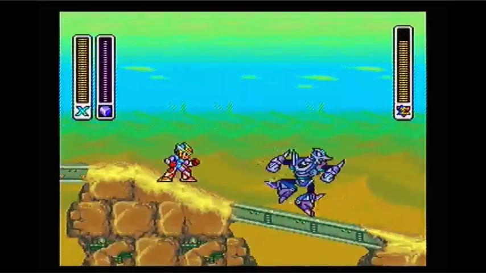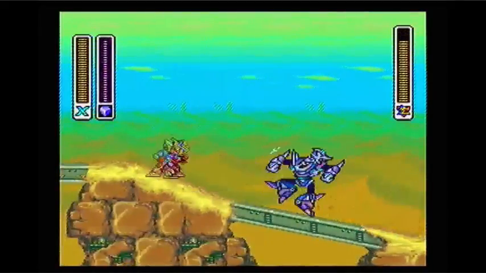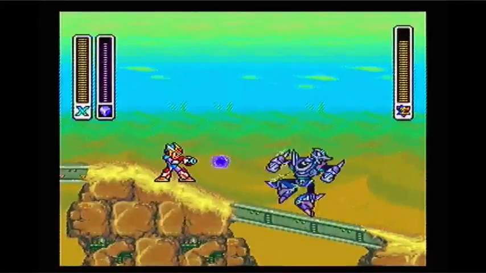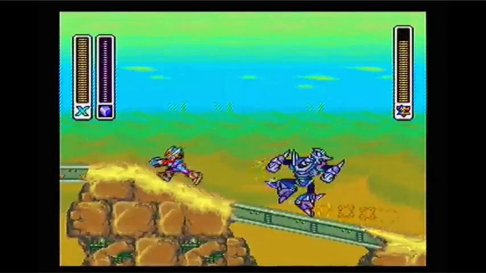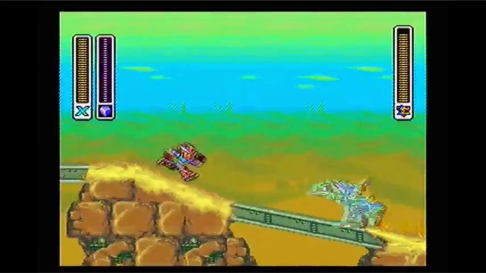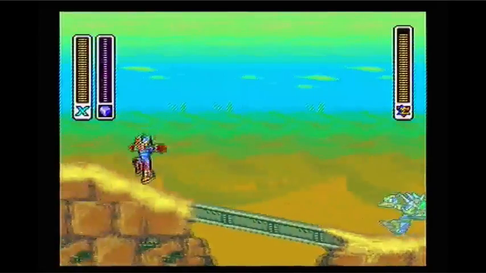Now what you want to do in this fight, just like in the Ostrich third fight, is be higher than Ostrich in regards to position. So you want to have the higher ground than Ostrich does, because Ostrich jumps higher than you can. Now what I'm going to do, after I hit him with that second Crystal Hunter, I'm going to go to